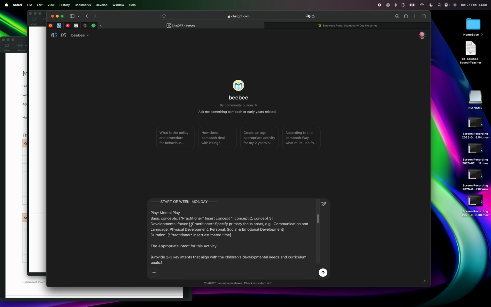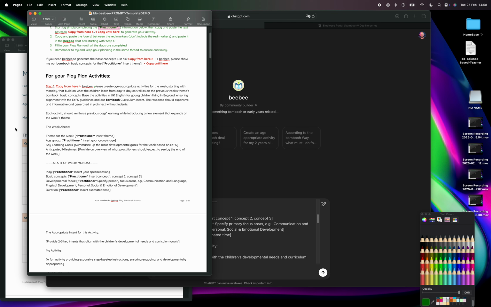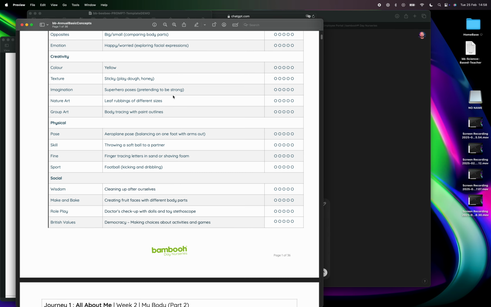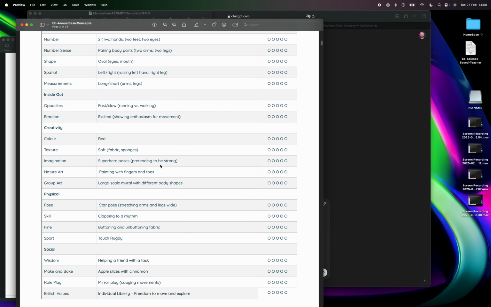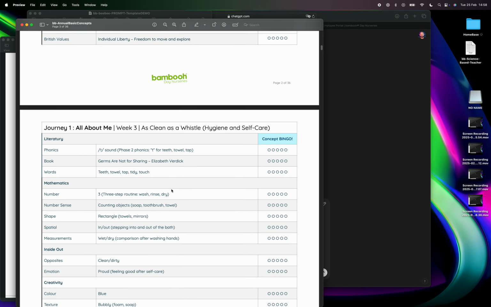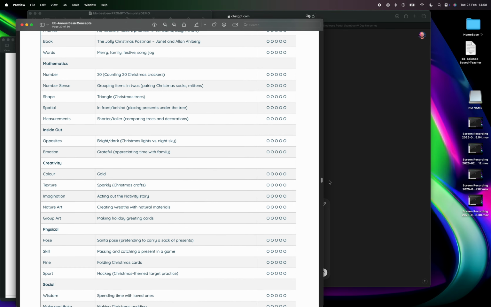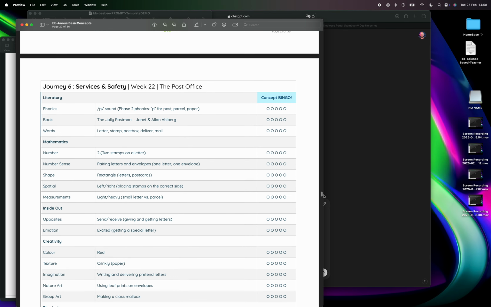The basic concepts. Before you start this process, if you want to, you can ask beebee to give you all the basic concepts for this theme, and it will generate that. I did create an annual basic concepts document, which you will be able to download from the employee portal. And it still has the concept bingo there. So all the stuff that beebee has been trained on, you will have access to in printed form. You can either print it out and keep it in a file, or you can just reference it off the employee portal